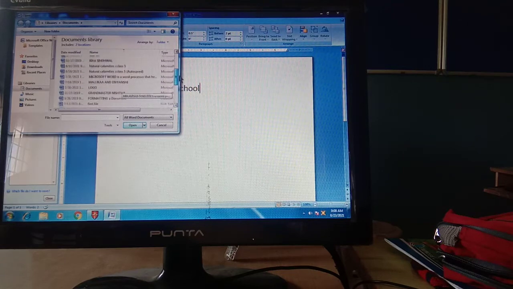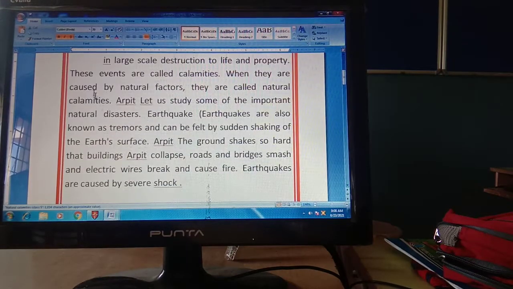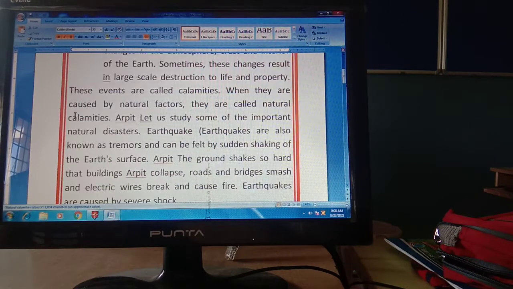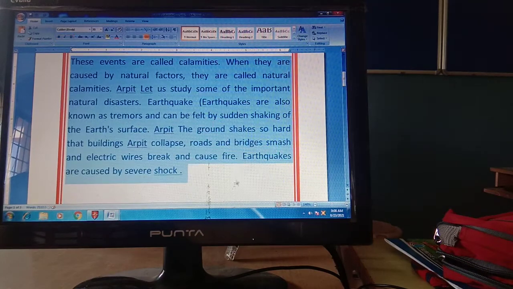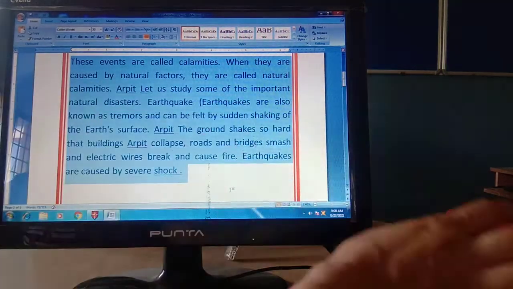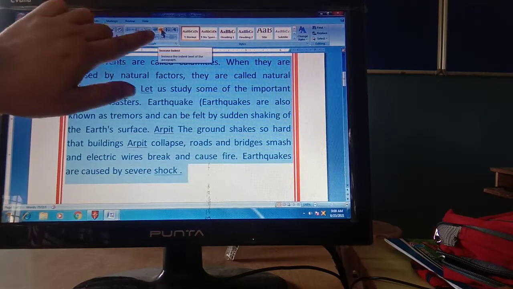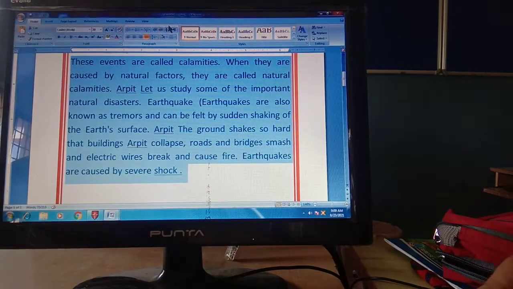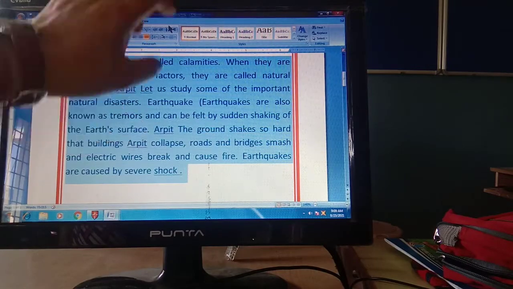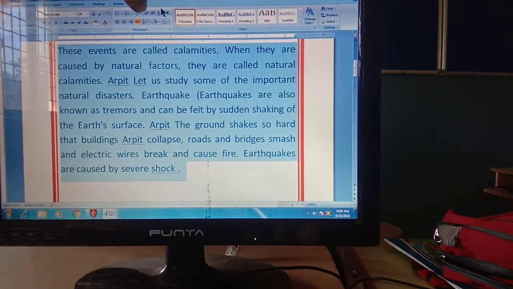Because there I have already typed a paragraph. So this is your paragraph. For example, select this text, this paragraph. Then click on the Increase Indent button. There is an Increase Indent button available. These are the indent buttons in the Paragraph group. These are also in the Paragraph group. These are called indent buttons.